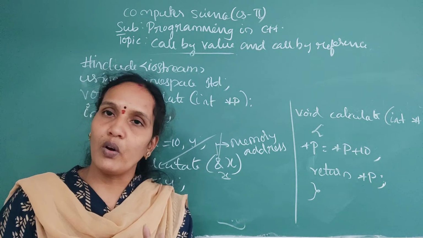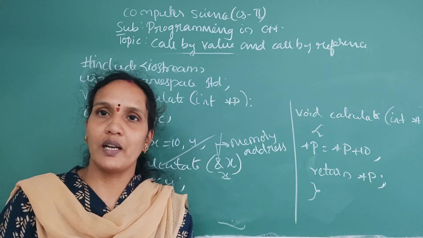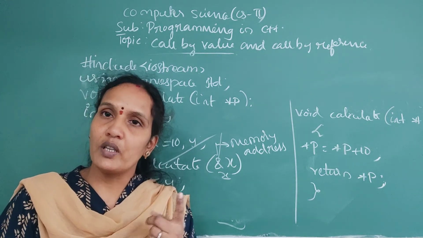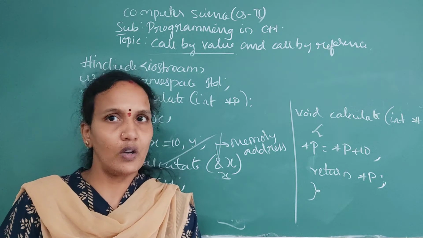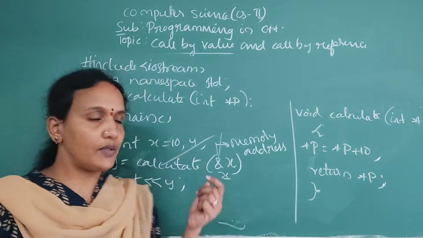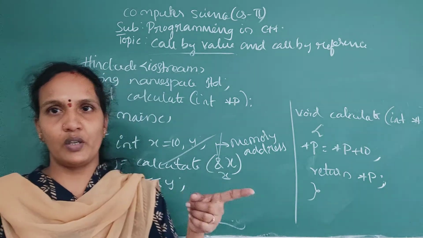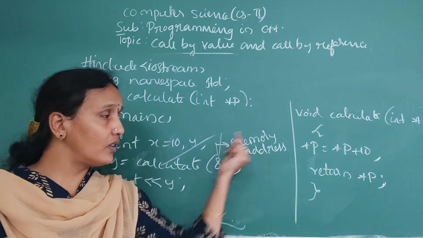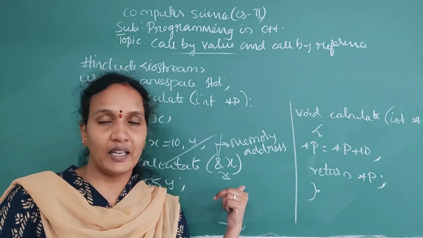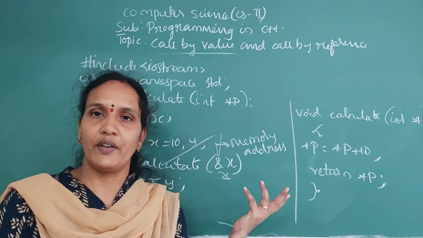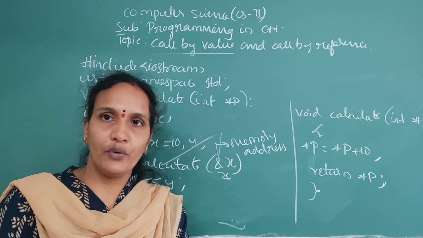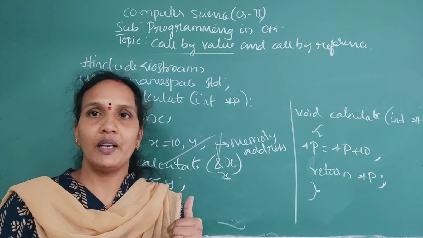So call by value and call by reference are the two methods we use when calling a user defined function. When you call the user defined function directly by passing the value, that is call by value. If you call it by passing a reference, here the reference is the memory address, so that the user defined function can access that memory and modify whatever value is there. Whatever modifications the function wants to perform on that memory, it can perform. That is called call by reference. See this, for this I have already given one example, call by value.